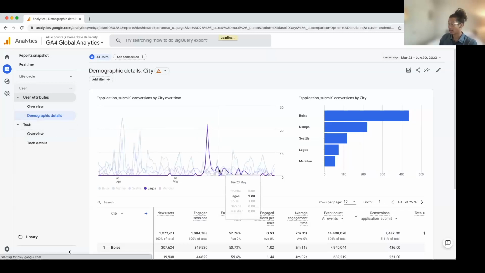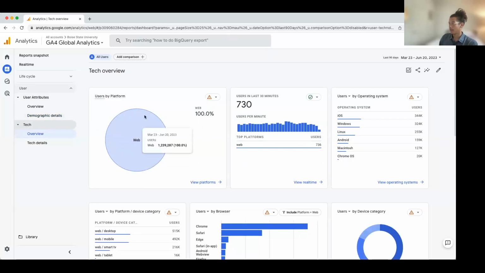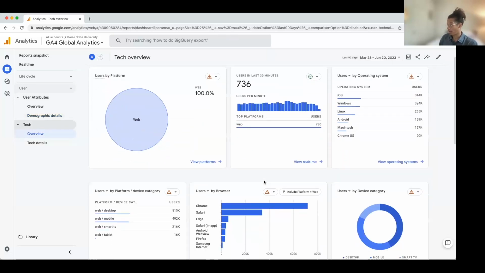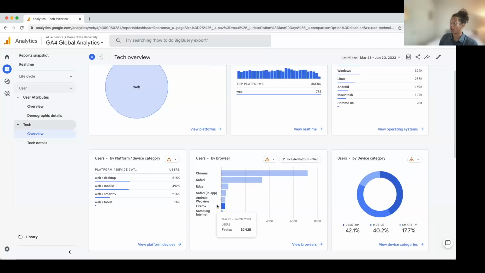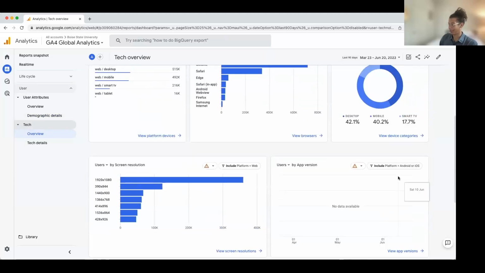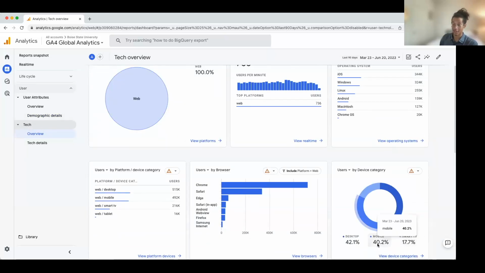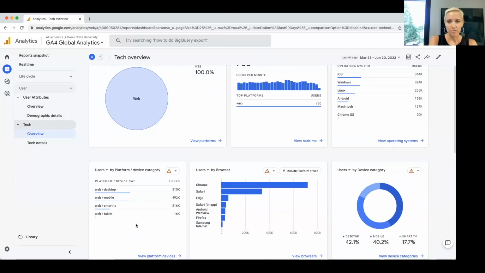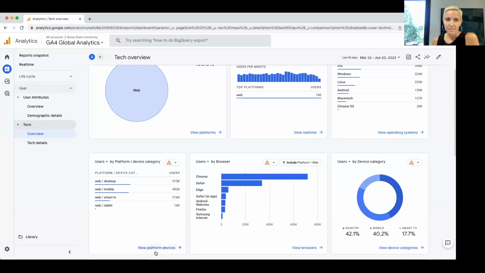We go into tech. This is our overview. We can go into what browser people are using, device category. So last 90 days, another big chunk coming from smart TV. I wonder if that's campaign related. I wonder if anybody has any digital media campaigns out there where maybe smart TV is a big channel.